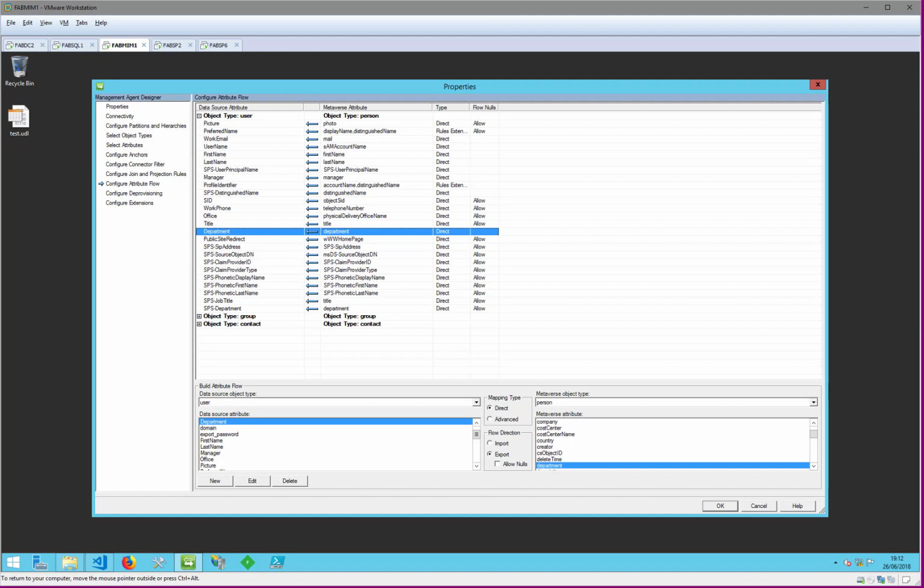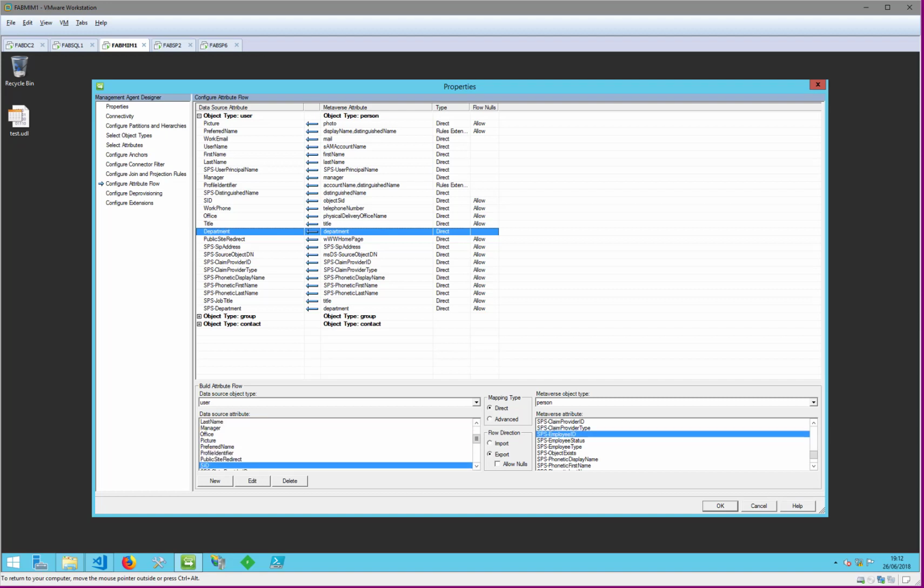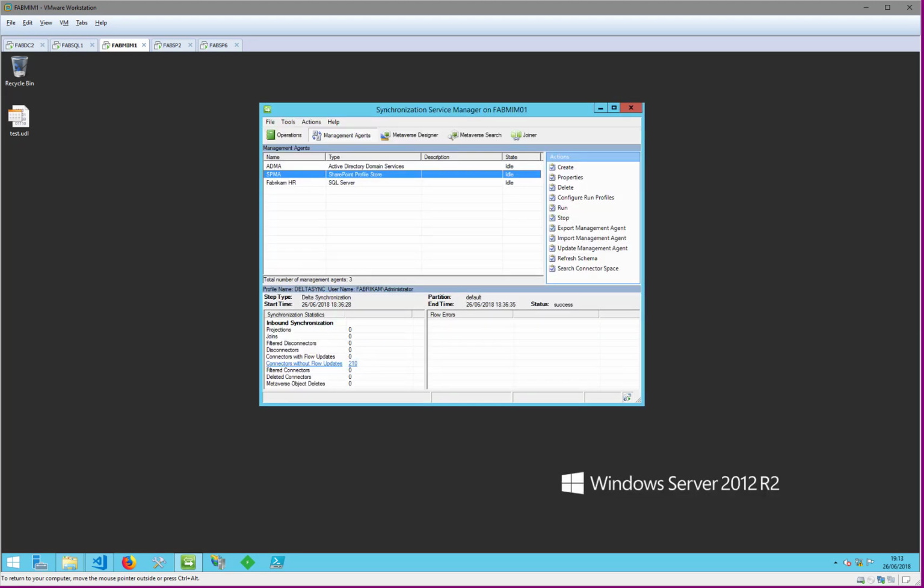So we don't need to do anything with that one, but we do need to deal with the employee ID and status and so on. So I'm going to select employee ID here, and the data source attribute was... and you see here is the sorts of things that define why we need to get comfortable with working with the MIM tooling, but also our planning worksheet again. We're not seeing our new attributes. So I'm going to cancel out of here. The reason for this is